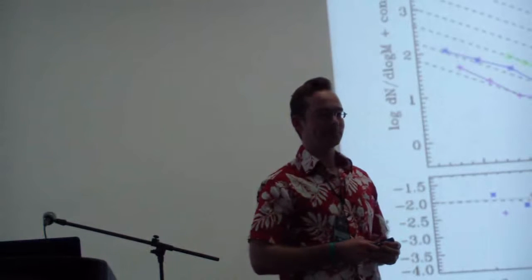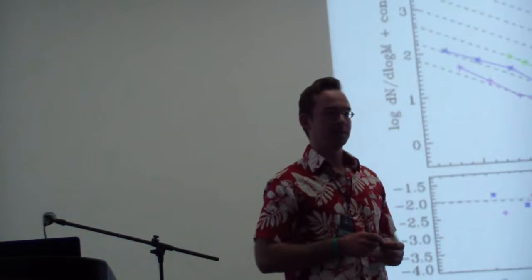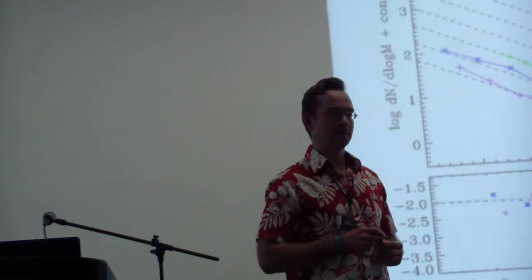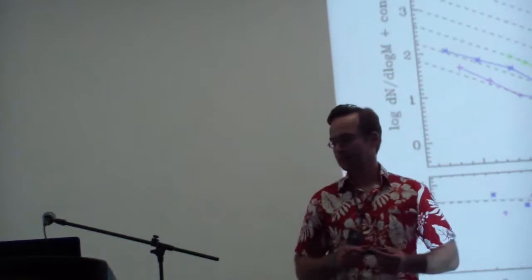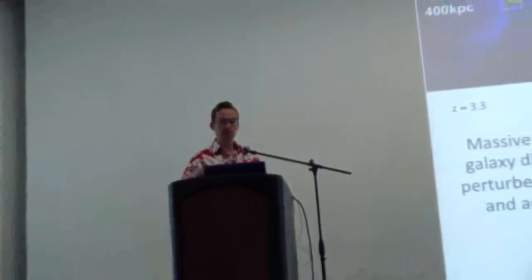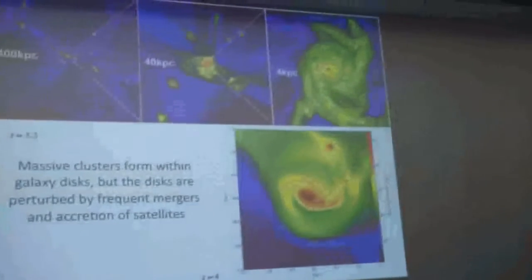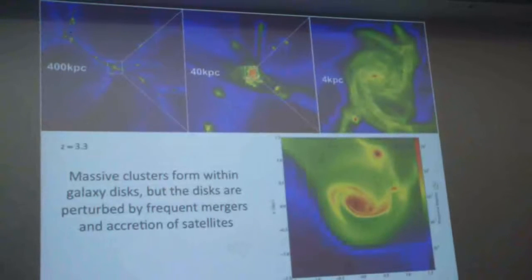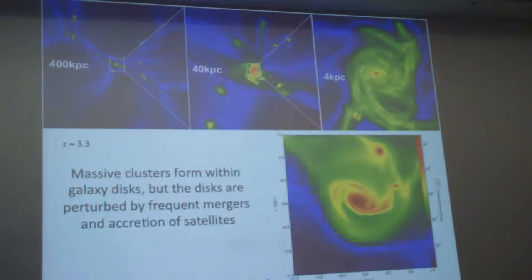These big clumps, these massive clusters could be associated with the clumps that are observed at high redshift in spiral galaxies. I think they are much more massive than 10 to the 7. So I think clumps appear when you do not have very good spatial resolution. When you look at scales below 100 parsecs, there is fragmentation. There is fragmentation all the way down. What we see in simulations looks like a clumpy structure, but this is 4 kiloparsecs. This is 100 parsecs.